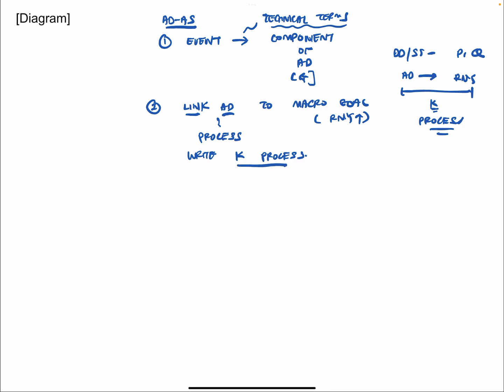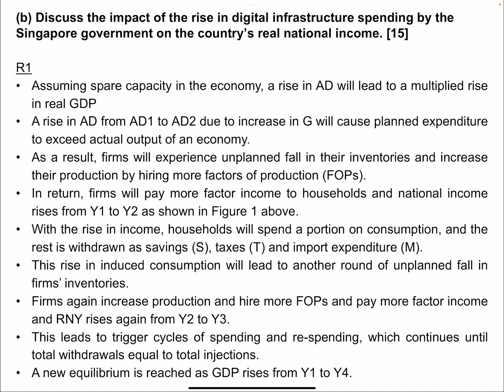You will know that the multiplier process works on the basis that one person's spending is another person's income. Maybe I'll bring you through the multiplier process, then I'll backtrack and show you the diagram. If there's spare capacity in the economy, a rise in AD will lead to a multiplied rise in real GDP. What does this spare capacity mean? I've also gone through with you that the AS curve looks like a hockey stick. When there's spare capacity in the economy, it means that national income can increase. So you are basically on these regions here. Only in these regions will the multiplier process take effect, which makes sense.